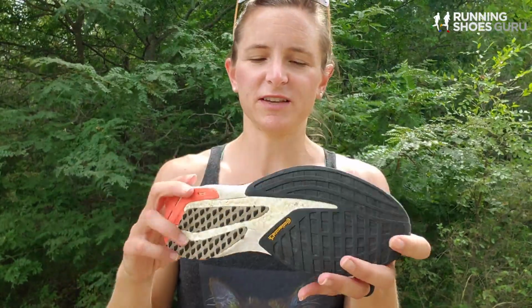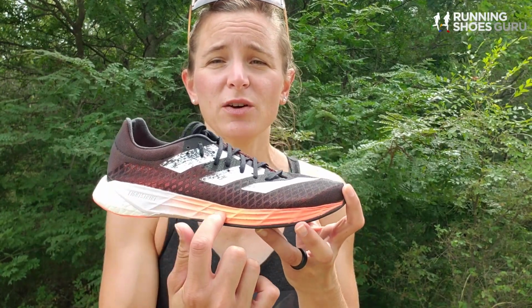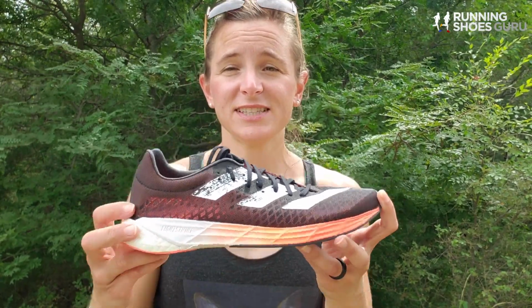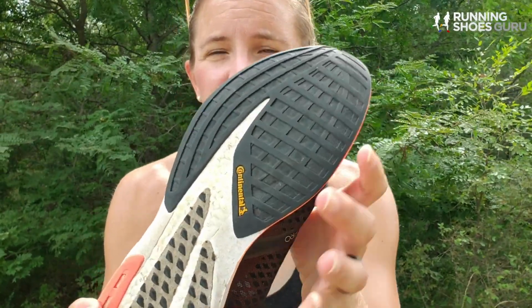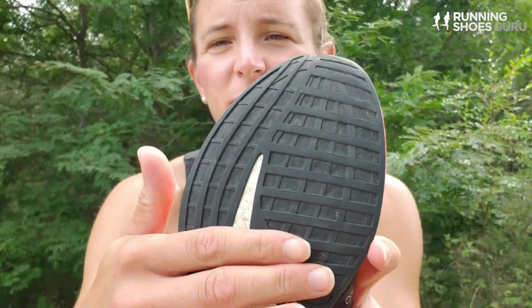Another aspect of this midsole is that there is a Carbitex plate running just below the sock liner, and this is the brand's top of the line shoe featuring that carbon plate, and we'll talk about the function of that as we go along. As we look at the outsole, you can see the Continental rubber underneath most of this